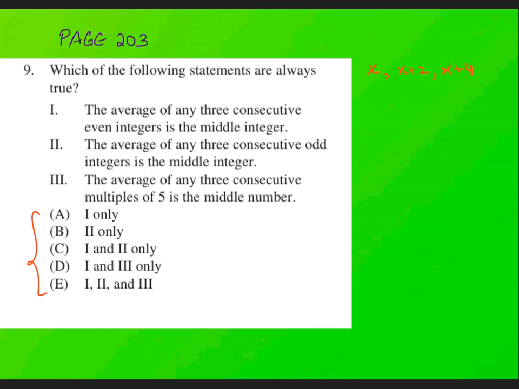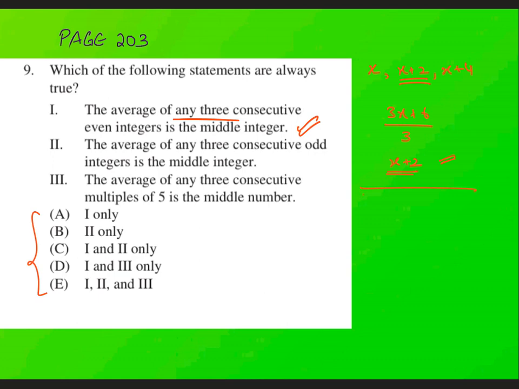Now there are multiple ways to solve this. The first approach could be just find the average, which is find the sum, add these three numbers, that's x plus 2 plus x plus 4, that's 3x plus 6 upon 3, which is x plus 2. Now x plus 2 is the middle integer, so hence this statement is true. And also I took the numbers in the form of x, which means these are not any particular even numbers. These are the general forms of the 3 consecutive even numbers. So if this is true, it's true for all cases. Hence I can generalize this to say the average of any 3 consecutive even integers is the middle one.